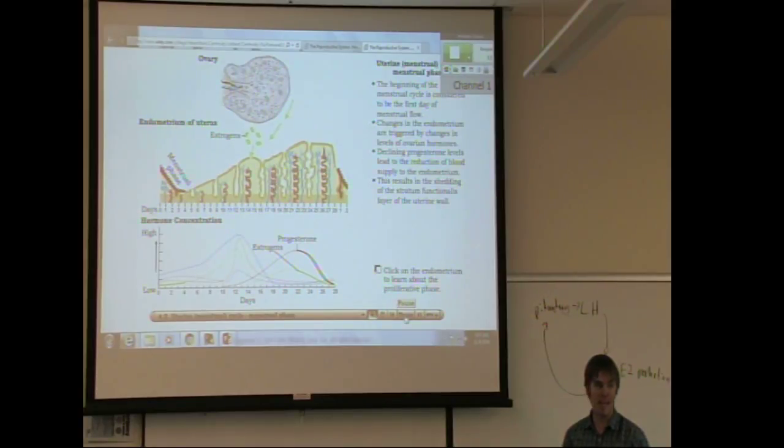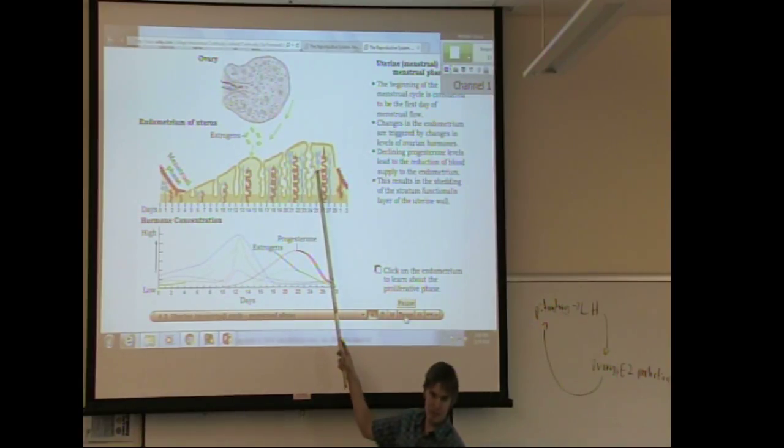And it's pretty dramatically different. I know because I did all these mouse surgeries where I did hysterectomies on them. And depending on where in the cycle they are, it's like 3 times bigger from the end of the menstrual phase to the end of the proliferative phase. You could just see it inside the animal. It's tiny, and then it's super huge.